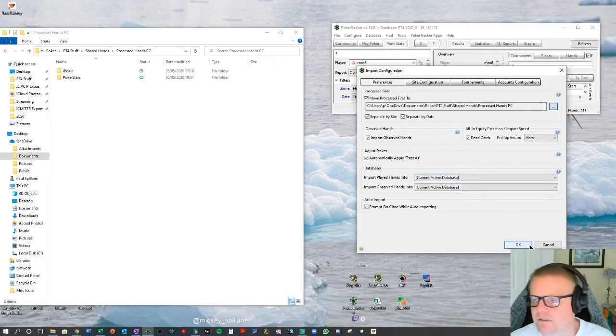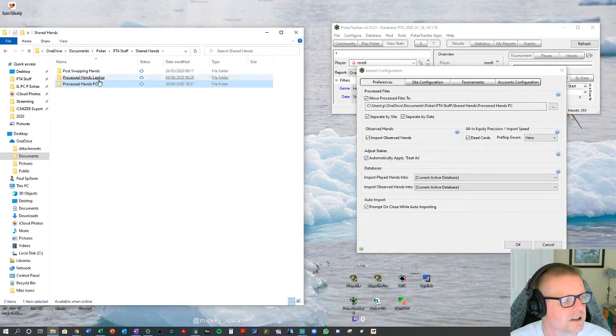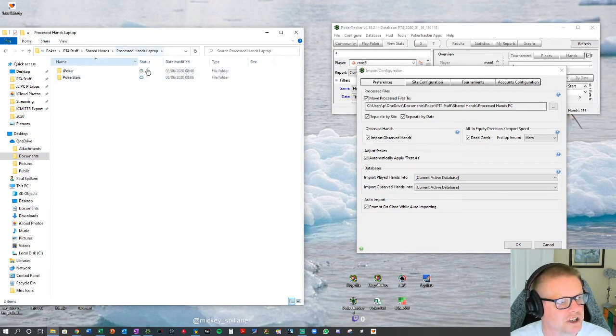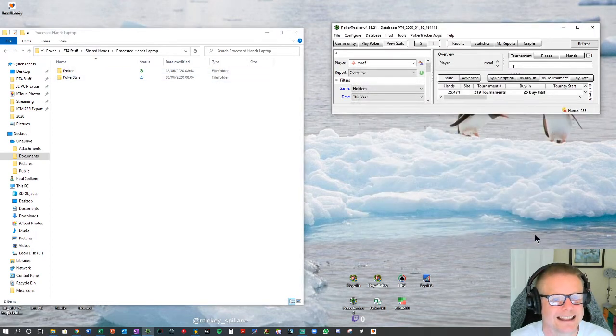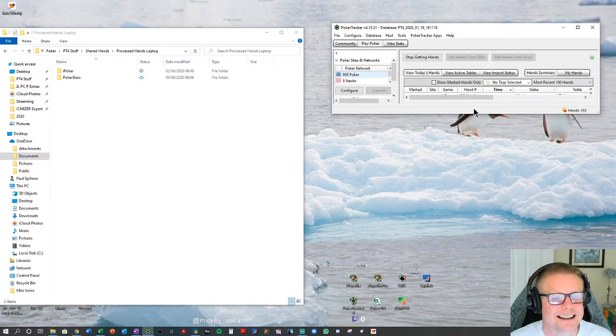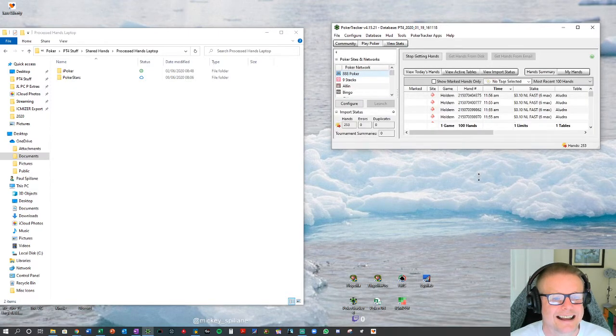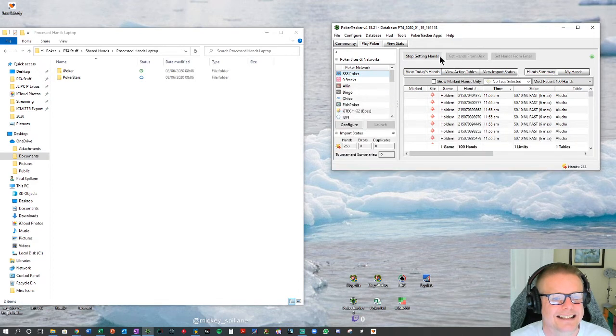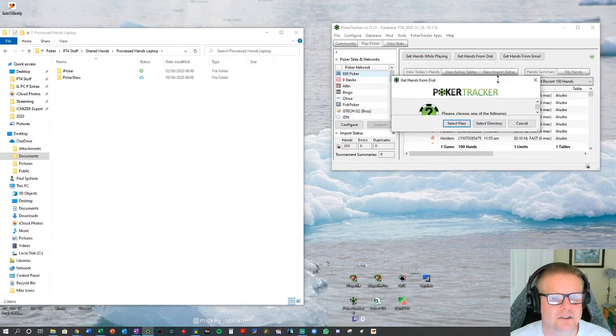Do the same for your other machine, put it into a separate folder, so call it machine 2 or laptop or whatever, but make sure it's on the cloud server. And then when you hit get hands from disk